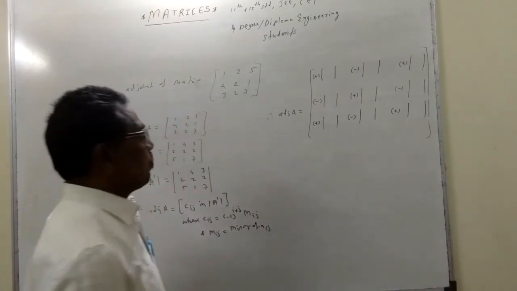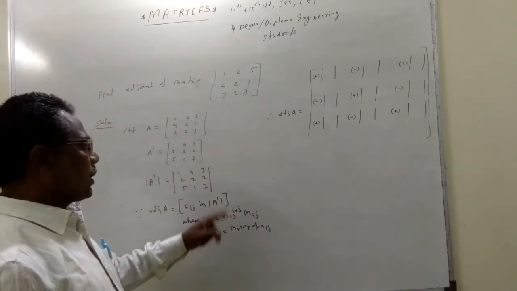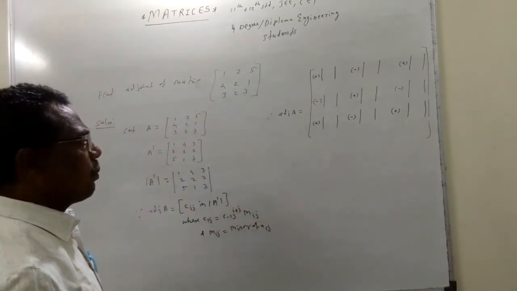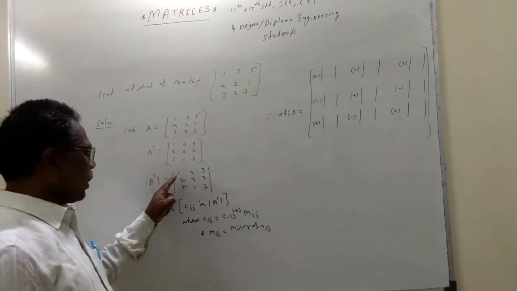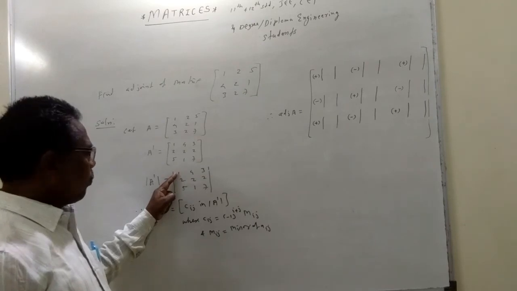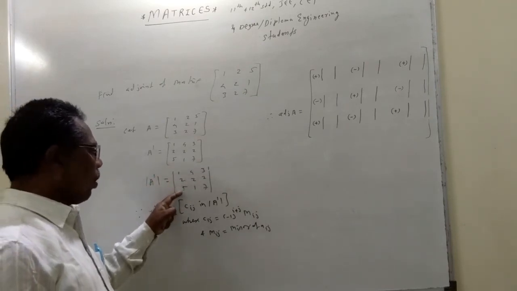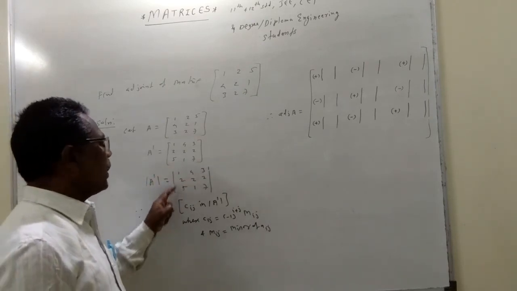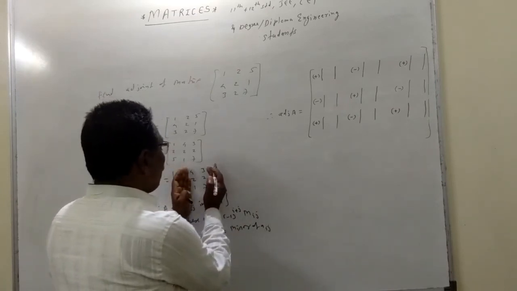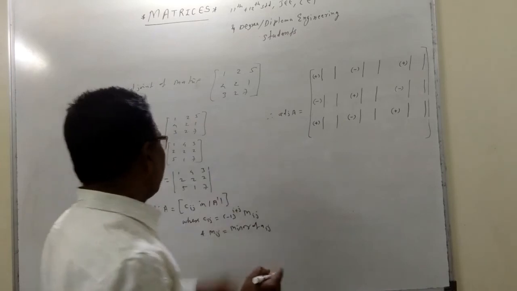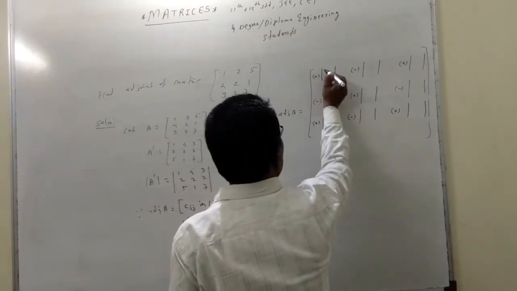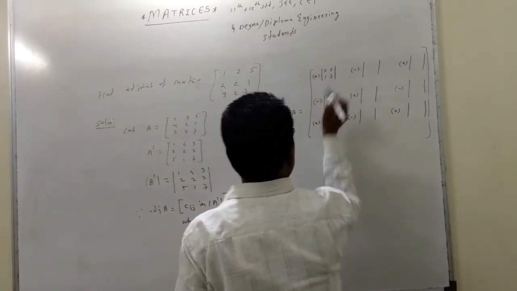Okay, now for this first minor, we have decided the signs here: plus minus plus, alternating signs for a 3 by 3 determinant. So in determinant A transpose, now you will write the minor of 1. Eliminate the row and the column of that one element. The remaining elements' determinant is 2, 2, 1, 7. You take this in pairs in the mind and then write 2, 2, 1, 7.